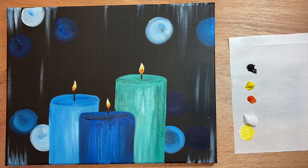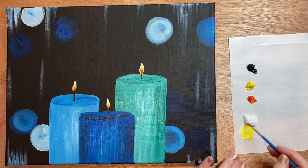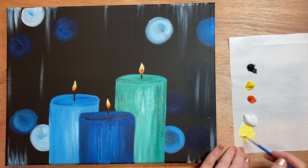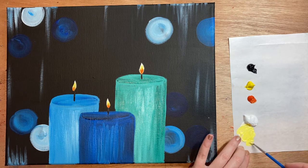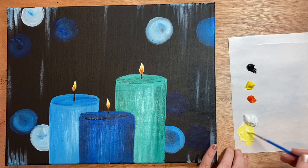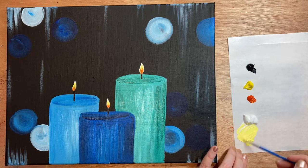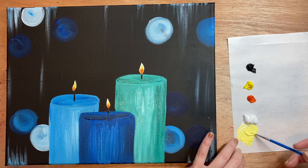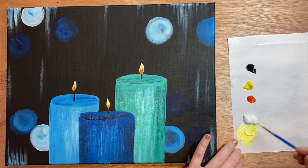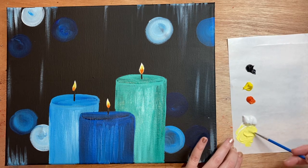So in some areas you can just go ahead and add a little bit of yellow right back on top like so. Okay, now we're going to do this beautiful little glowing effect around those lights, which I think is probably my favorite part of the painting. We're going to use that same beautiful light yellow that we used for the base color of our flame. I'm going to mix up a little bit more. And we're using our tiniest brush, so make sure that you get that brush nice and rolling in there so that it comes to a nice point. Okay, rolling it in there using your hand,